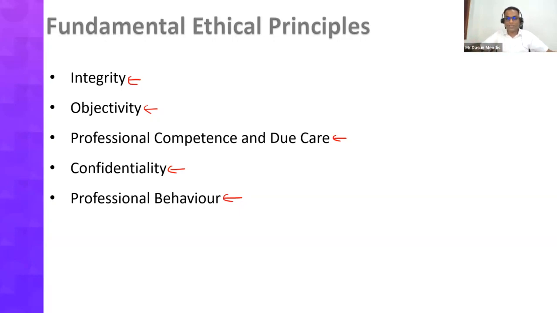Yet again, not a part of this particular question, but for your knowledge, there are 3 types of safeguards available for professional accountants. What are they? Number 1, safeguards created through the profession, regulation, and legislation. Then the safeguards created within your organization, and also the safeguards created through your learning, experience, and training. And also after becoming a member, there is something called the continuous professional development route that you need to follow. Through these also, safeguards are created.